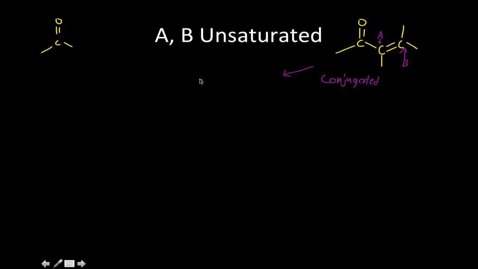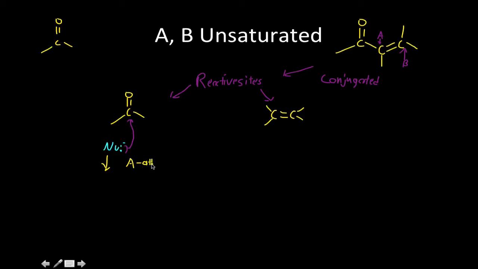Along with this, we have certain reactive sites that I need to discuss. One of the reactive sites in our molecule, and I'll switch colors here, is the actual carbonyl compound. That's nothing new. The other reactive site would be the alkene, the carbon-carbon bond that's attached to it. If you have a nucleophile reacting with the carbonyl carbon, we call this the alpha attack, because it's attacking the alpha carbon. And what you get out of this is known as the 1,2